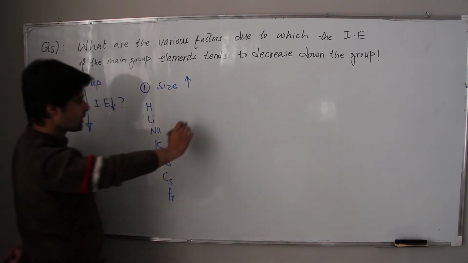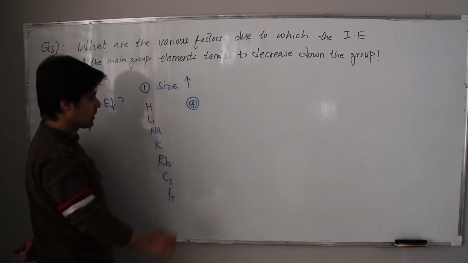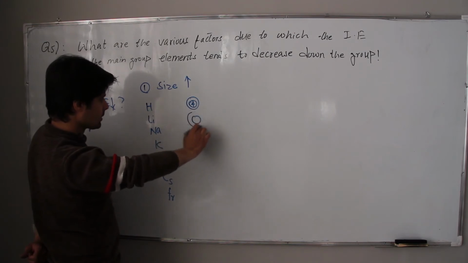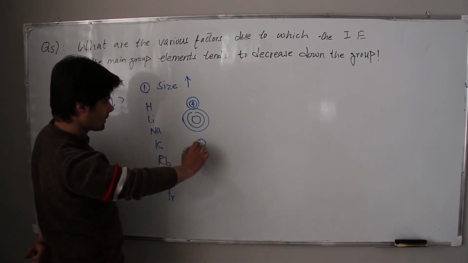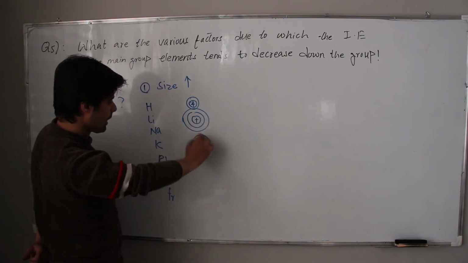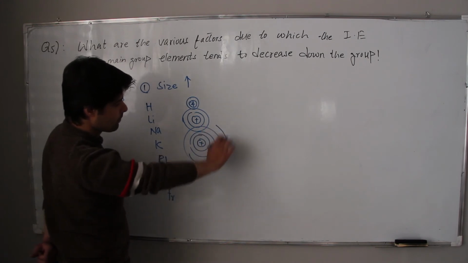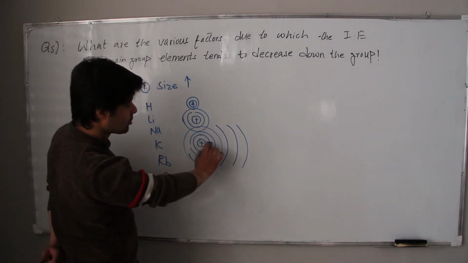Now for hydrogen, we have the nucleus and the first shell. Lithium has two shells. For example, for sodium, we have the nucleus and three shells. Now, by adding shells, the electrons